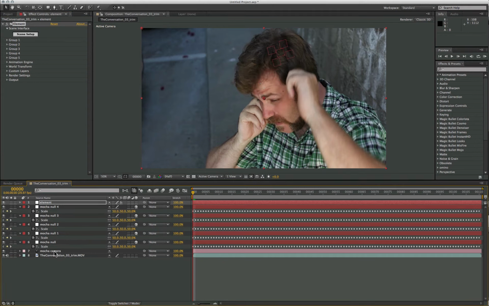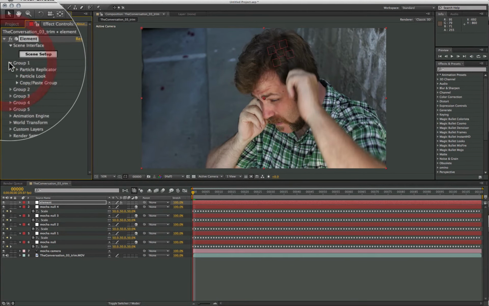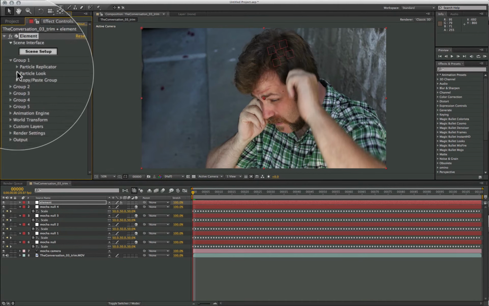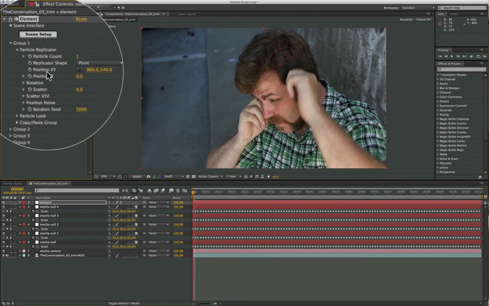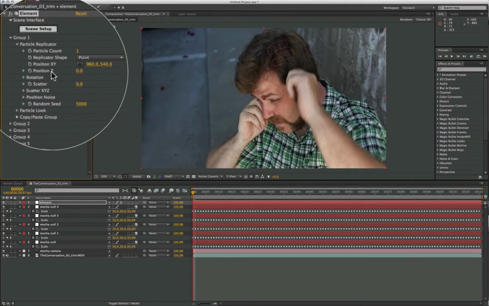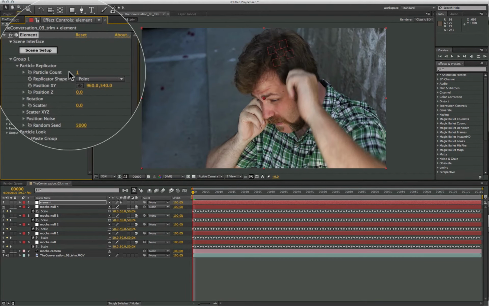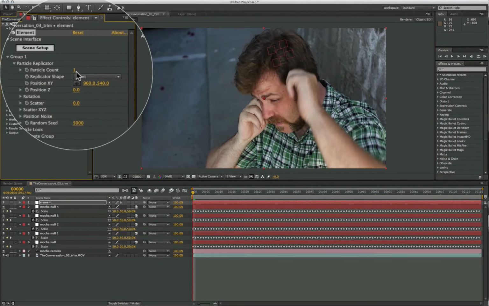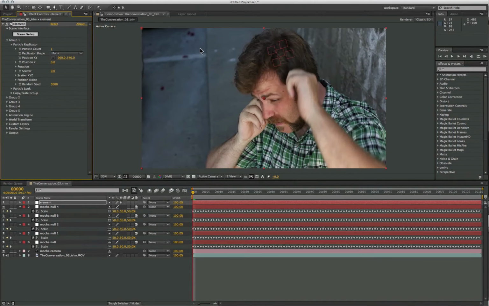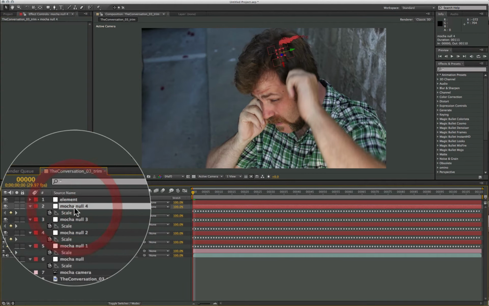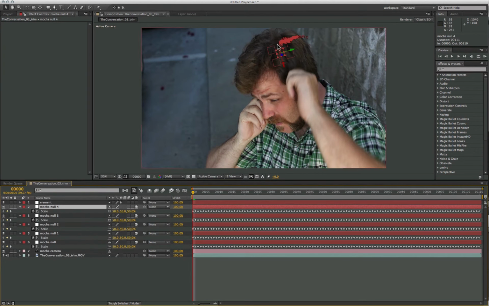So we need to bring that model into where we want to have it. So I'm going to come to my group settings, and I'm going to set up the particle replicator. And the particle replicator has a position XY and a particle count of 1. When it has a particle count of 1, it just shows the one model that you've brought in, in this case our horn. So firstly, I want to set the X, Y, and Z positions to match where it is on his head. So to do that, I'm going to choose my Mocha null 4, which is the center null of this surface configuration,